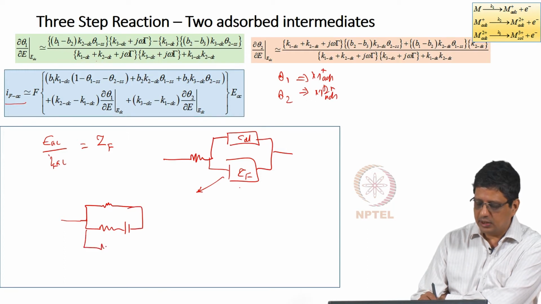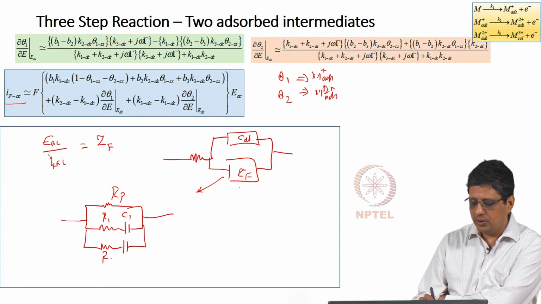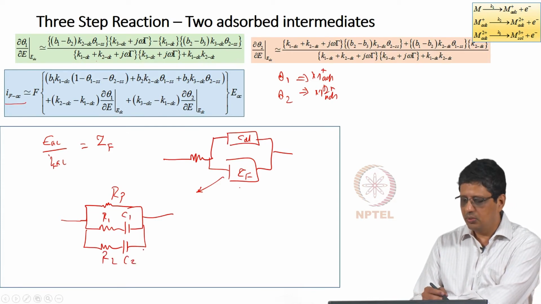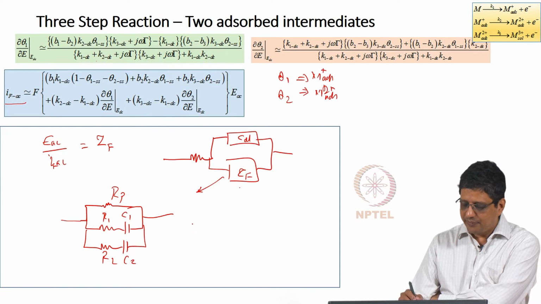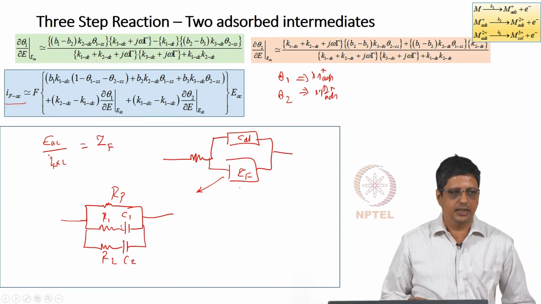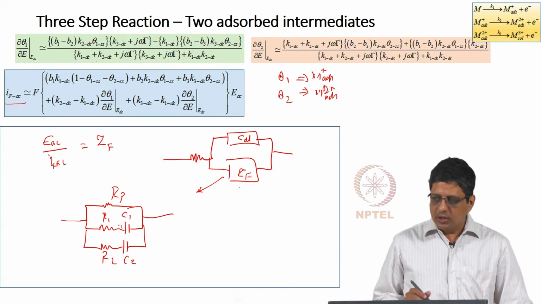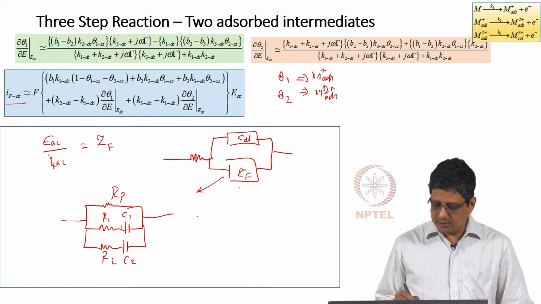modeled using a circuit like this. I am going to say this is 2 Maxwell element with capacitor based circuit. This is going to be Rp, this you can denote as R1 C1 or R2 C2. Likewise, you can replace this C with L, as long as we recognize that it can be positive or negative, it does not matter, replace the C with L. Similarly, you can write this in terms of a ladder circuit.